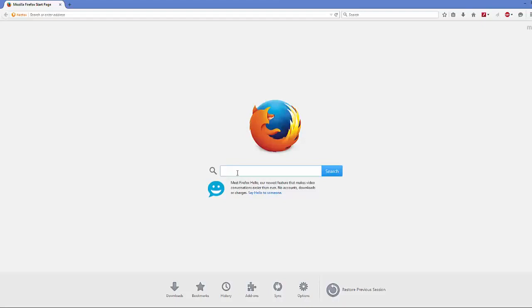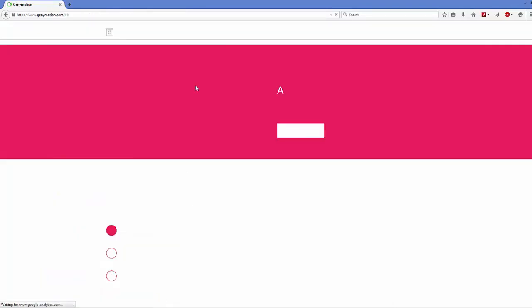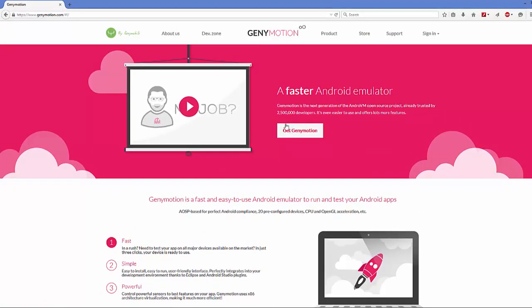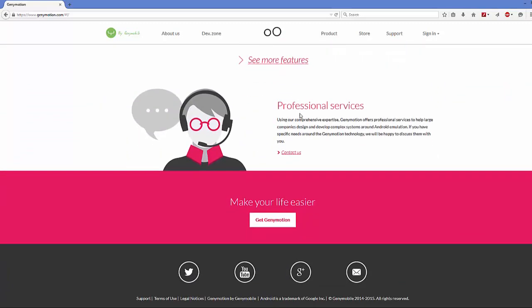So just open your favorite browser to download Genymotion and search for Genymotion. And the first link that will most probably appear here will be from genymotion.com. So just click this link here, and in here you will be able to see more about this Genymotion emulator and stuff. If you need to download Genymotion, you just need to go to the bottom and